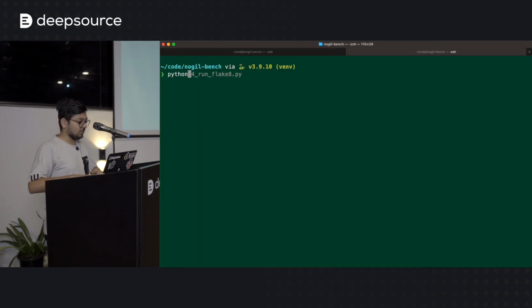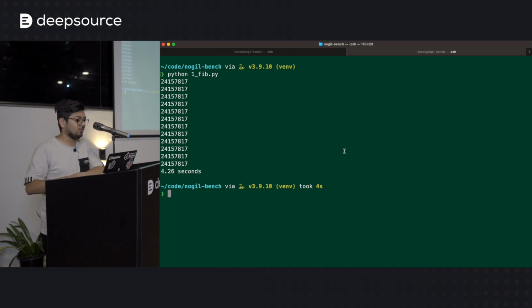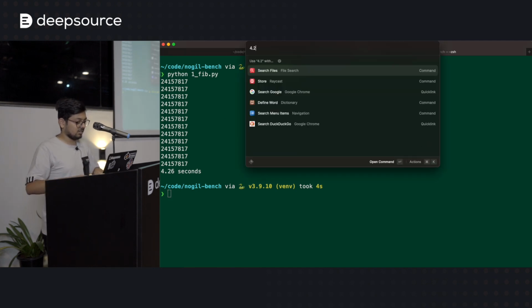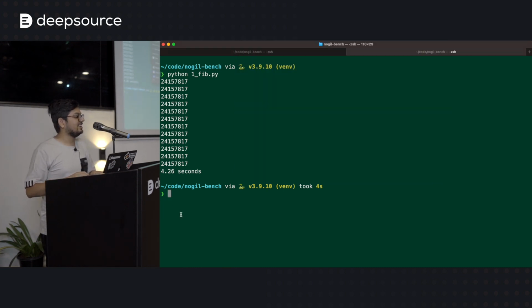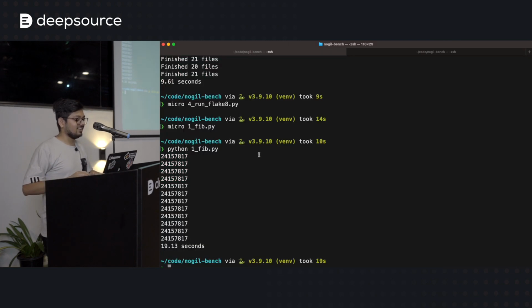Fairly spot on. So if you do the same on the Python without the GIL, it's 4.26. So what does that come out to? Sorry, my bad. It's about 4.5 times faster. It's even slower. Oh no. Well, the limitation is that you only have 8 cores, so only 8 of them will run in parallel. So the last 4 are actually going to run while 4 cores are sleeping. So it's going to be even slower.